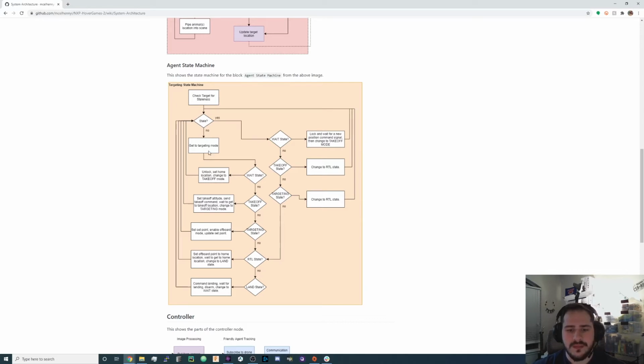It'll come back up. The next iteration of the state machine will go back through the check. It won't be in wait state anymore. It'll be in takeoff state, at which point it will set the takeoff altitude, send a takeoff command, and then wait to get to the takeoff location. So as it waits to get to the takeoff location, it continues in this loop like so. Once it's at the takeoff location, it will change to targeting mode, which will then bring it down to this